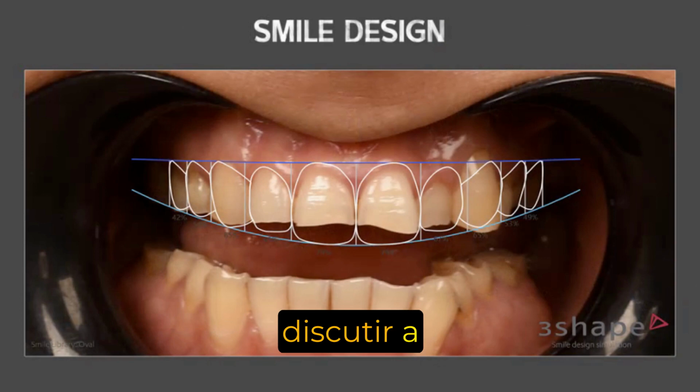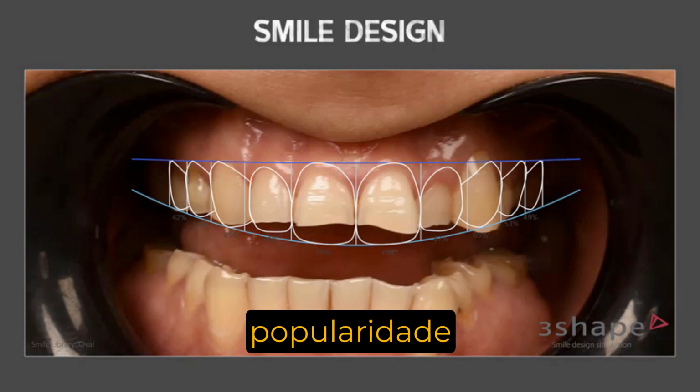Let's now discuss the importance of 2D smile design planning. The digital smile design technique has gained popularity in recent years as a valuable planning and communication tool. While it can be likened to a GPS, it's essential to have a clear understanding of the potential challenges that we may encounter during the design stage. Using these simple outlines can provide a wealth of information,